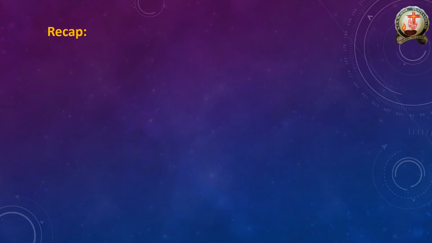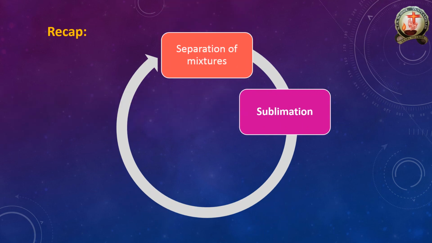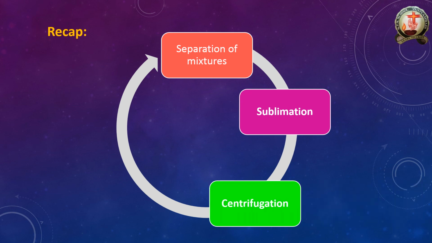Then I'll give a small recap of the section. Then you can think of separation of mixture techniques. Sublimation is a process in which a substance is directly converted into gaseous form without becoming liquid. Centrifugation: two substances of different density are separated. This is a rotating method. The rotor rotates at high speed, so the high density part settles on the bottom and the less dense part settles on top.